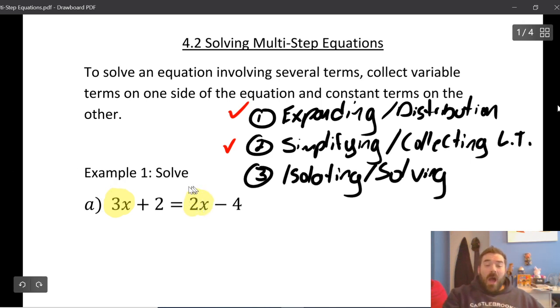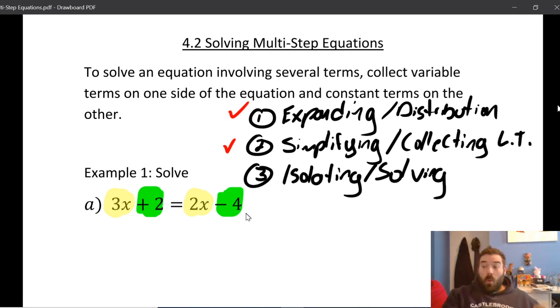Now, they're on opposite sides of the equal sign, but that's okay because we're just going to use algebraic manipulation and we're going to make sure that we get them both on the same side. I do have another set of like terms, this positive 2 and this negative 4, because even though to be like terms, the variable has to be the same, not having a variable or being a constant also makes you a like term. So these are like terms and these are like terms. Now I have to decide